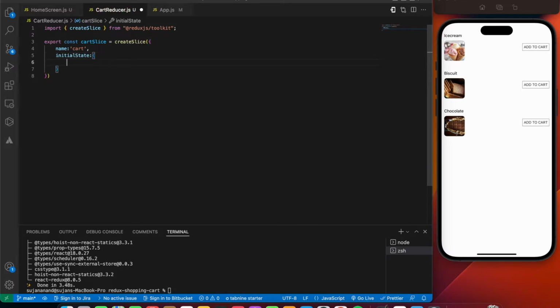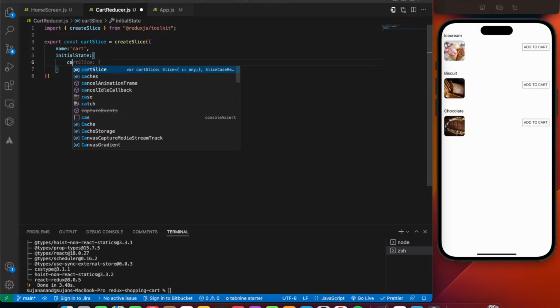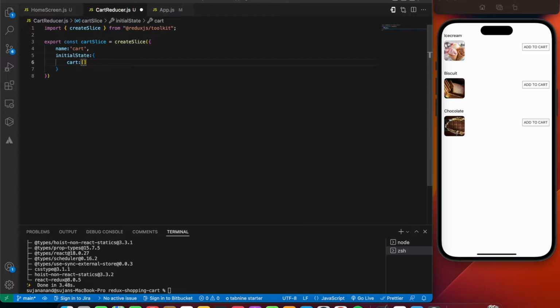Basically inside the initialState we need to pass in whatever value we need to give in the initial state. Since we are building a cart system, as I already told, we will need an array so that we can store all of the added items into the cart. So we'll be making use of an empty array at the initial state, because when the app loads there are no items added into the cart, right? That's the reason I'm putting an empty array over there.